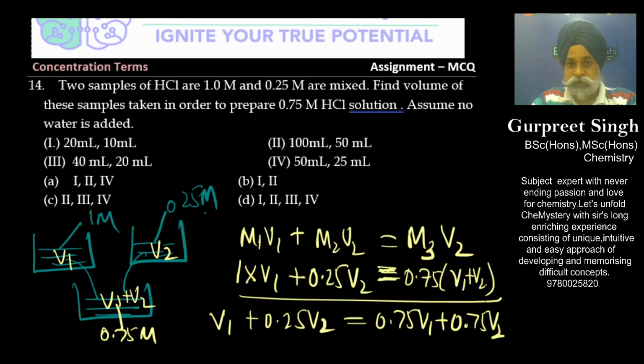Then the answer to this particular option is correct. So we shall be saying this is 2 is to 1, this also is 2 is to 1. Oh, all the options are 2 is to 1. So I think the answer to be this to be D. D, all those combinations which when taken in this type of 2 is to 1 ratio, it would give you 0.75 molar solution of HCl.